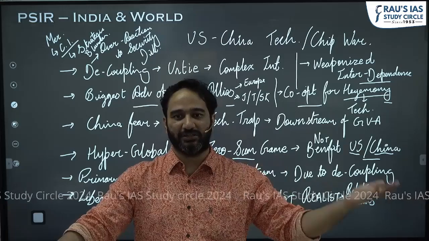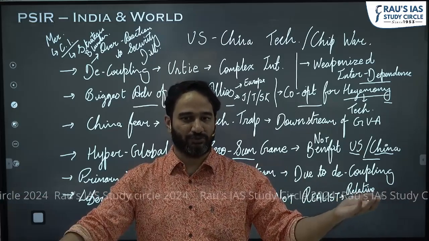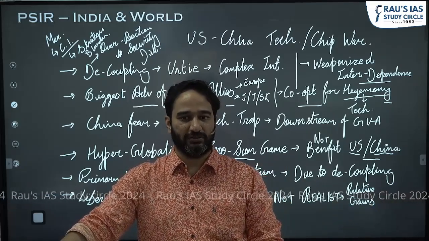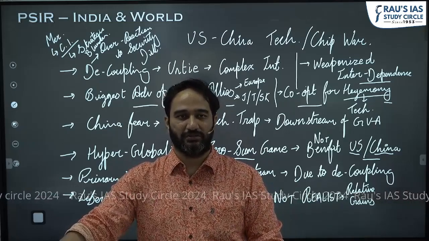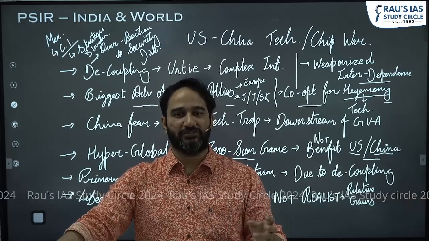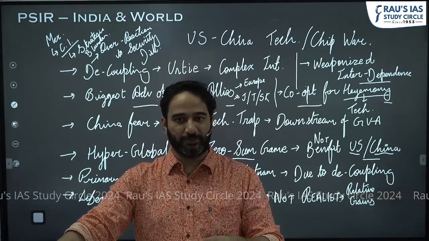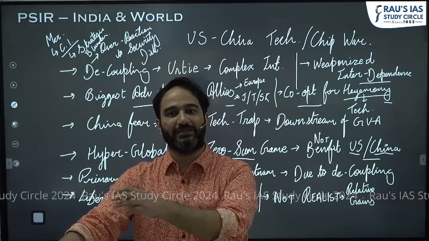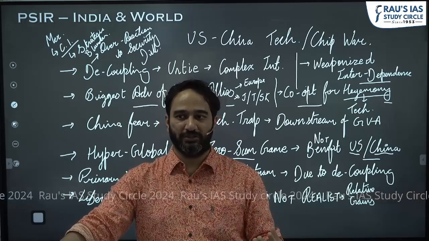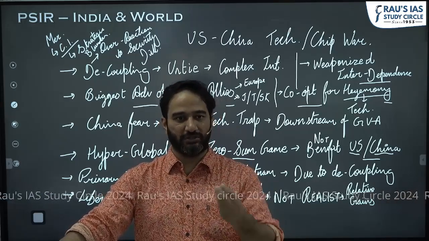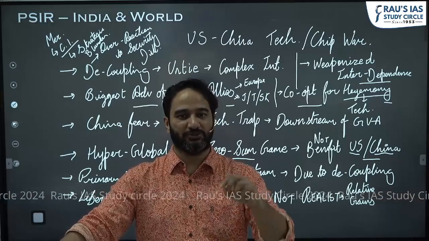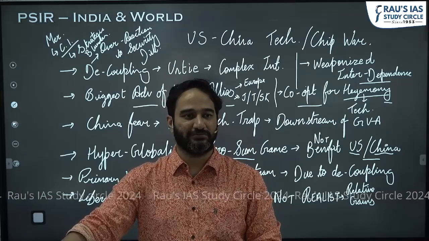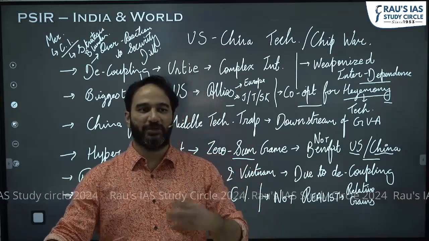Why? Because you're the one that outsourced most of the factories to China and allowed them to become a leader in all of these sectors. So that is what he's trying to criticize. Once you became the hegemon after the Cold War, you did not undertake the maintenance of that hegemony. You maintained your leadership, you still co-opted the allies, but you missed the third thing, which is to make sure that your adversaries also remain weak, so they don't become a challenge to your